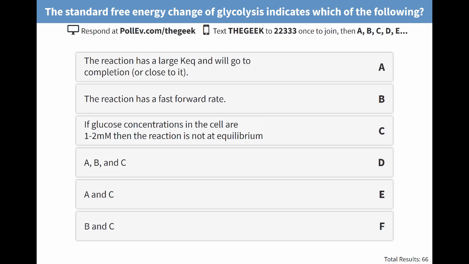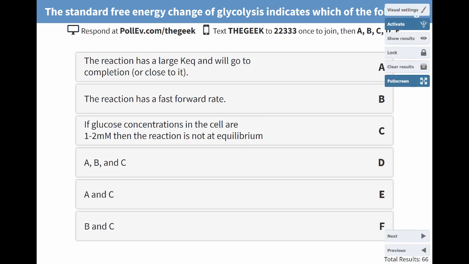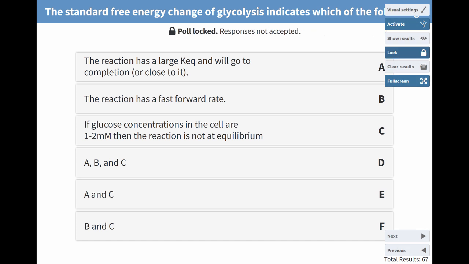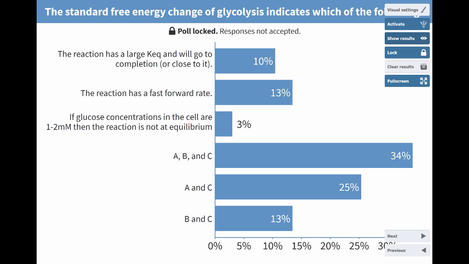Okay, you have 15 seconds left, so submit an answer if you haven't done so. And we'll check this out. Okay, 5 seconds left. All right, 4, 3, 2, 1. Okay, I'm locking it up. Okay, let's check these results out. Okay, so